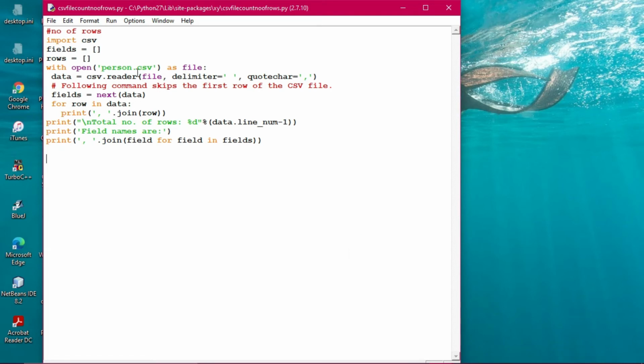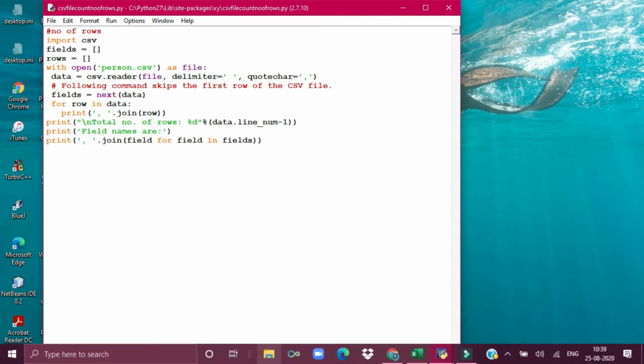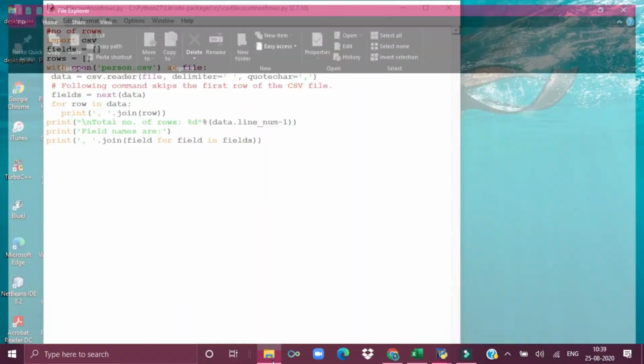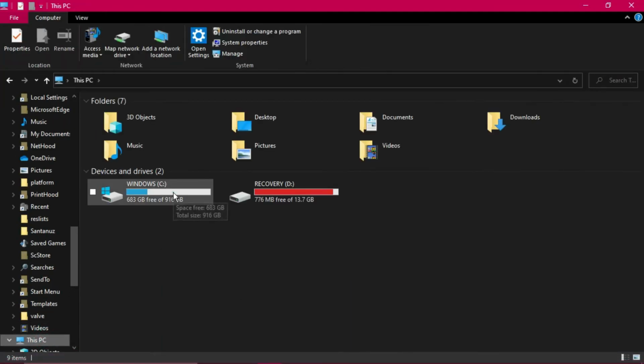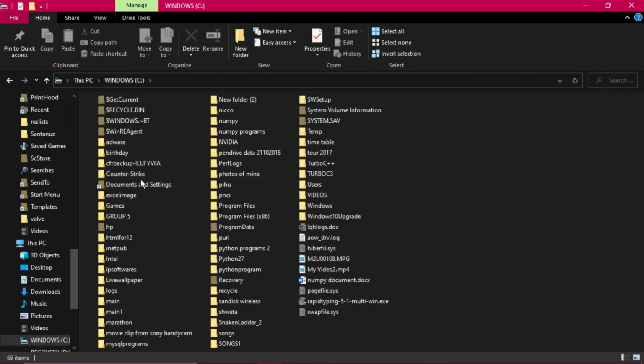Code char one command, the person.csv we have created already, you have seen. And code char is comma, and this is the CSV reader file that we are writing. So now when we are opening this one, just a minute, I'll keep the place ready first, then I will show you this one in order to verify.